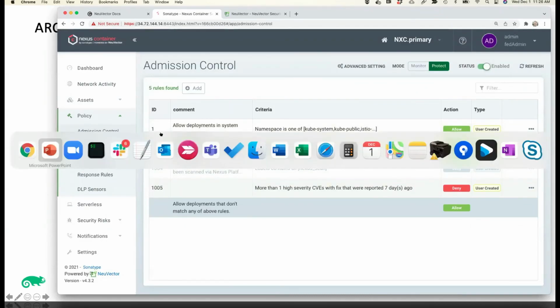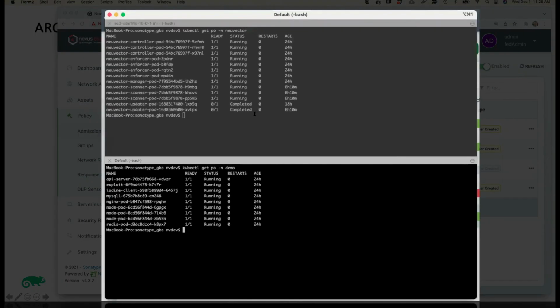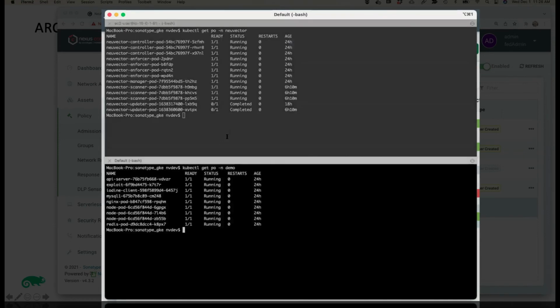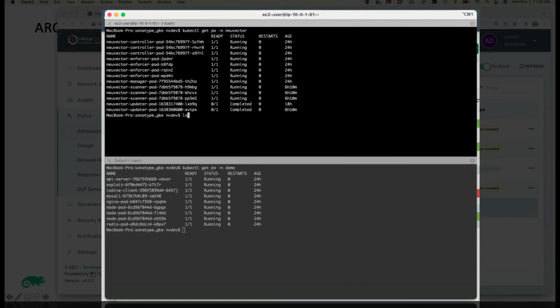So I can show a quick demo of admission control. Here you can see my NeuVector pods in this environment: 3 controllers, 4 enforcers, manager, scanners, and updaters. And you can see my demo pods running as well.